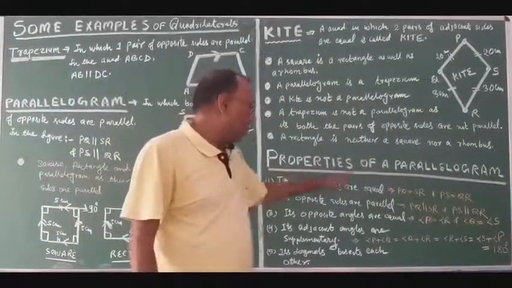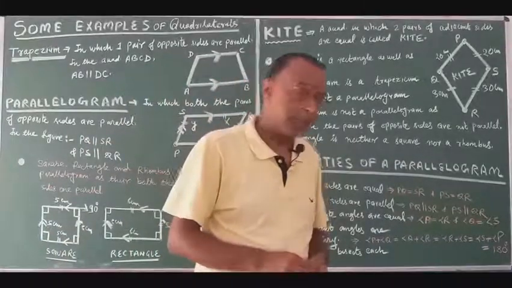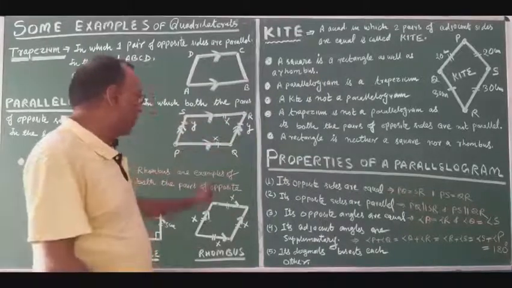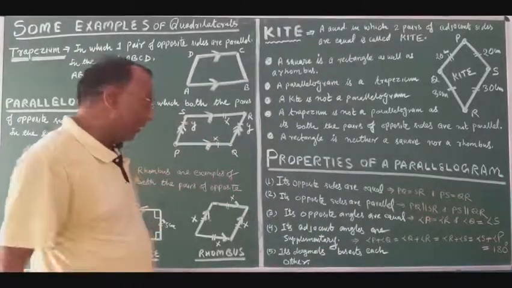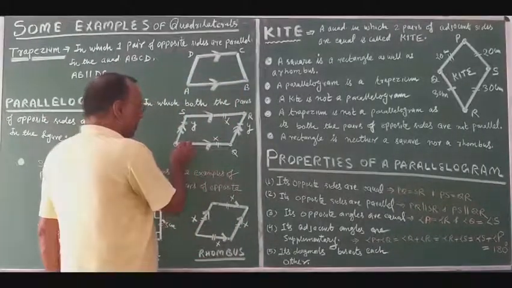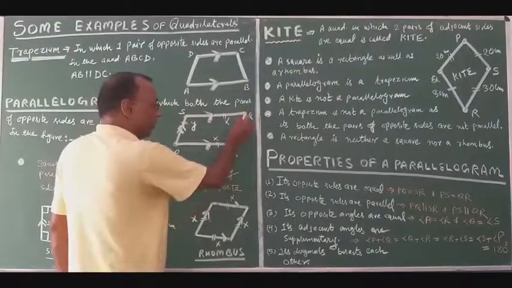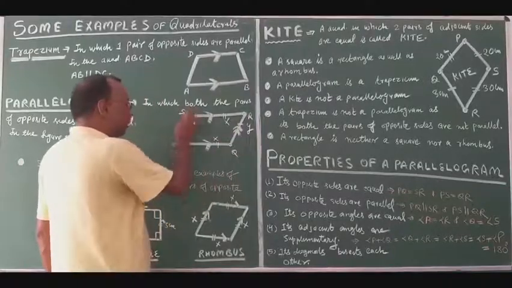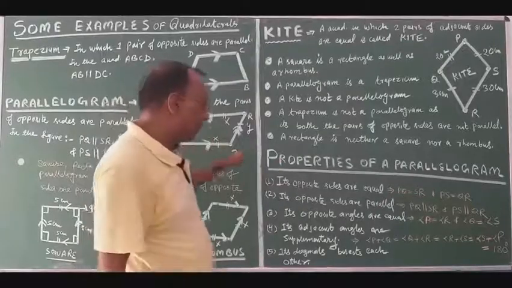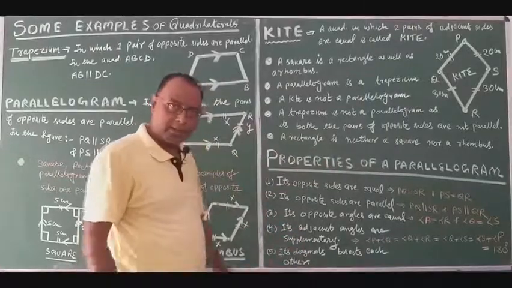Now these are the properties of a parallelogram. This is the figure. PQRS is a parallelogram. First property is this, its opposite sides are equal. Just look here in this figure. If this PQ is equal to x centimeter, this will also be x centimeter. If this is y centimeter, this QS will also be y centimeter. It means PQ is equal to SR and PS is equal to QR. Is it okay? This is the first one.